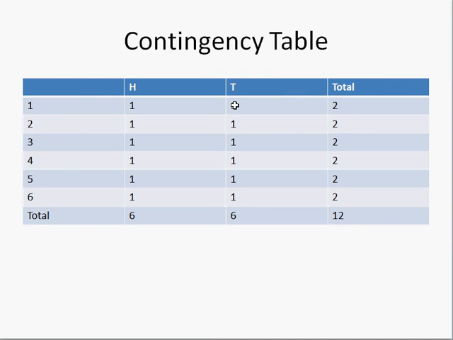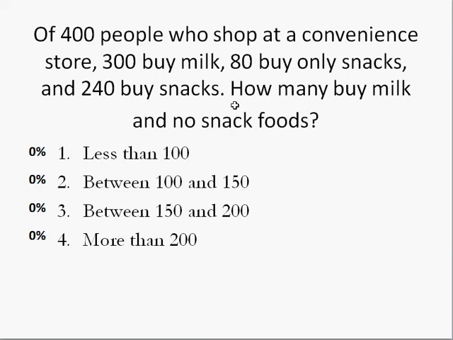So this particular convenience store is interested in whether selling milk as a loss leader will result in increased consumption of higher profit margin items. So like snacks. So if you come in and you buy some milk, are you more likely to buy snacks while you're in the store? So they did an observation of 400 people. So now we've got some data, and I'm going to ask you to tell us some information from the contingency